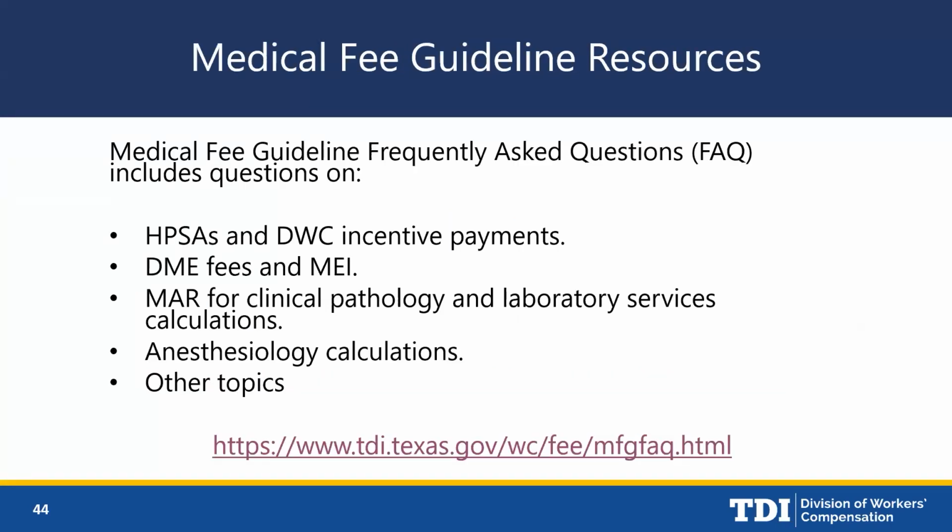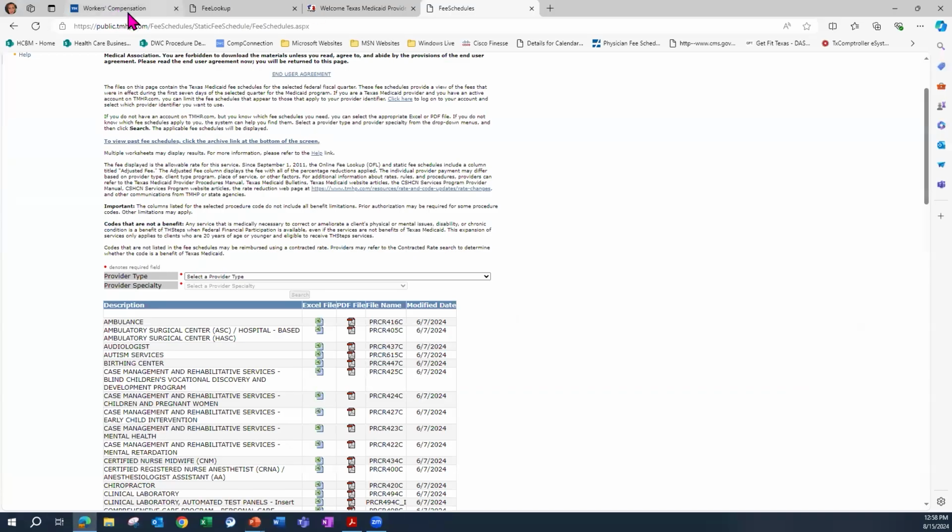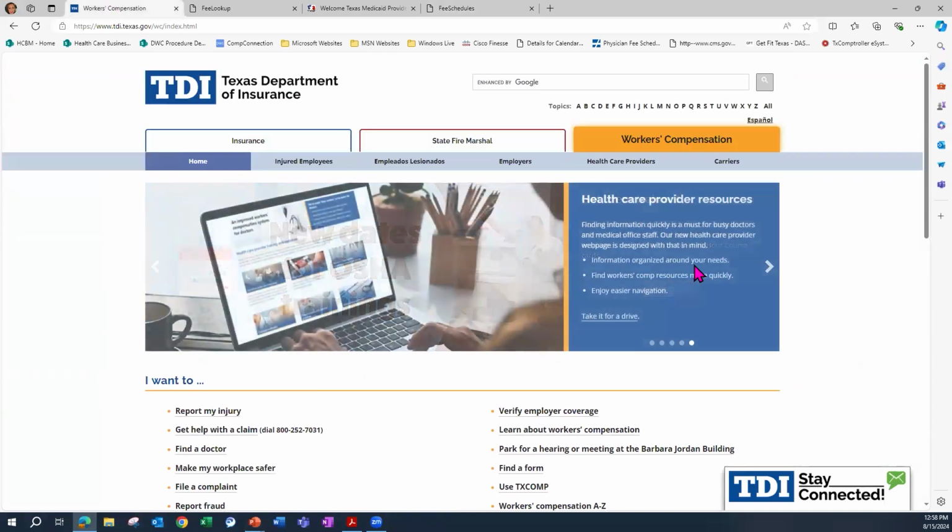Now, there are a lot of resources for the medical fee guideline. We have a set of frequently asked questions, and it talks about all kinds of things. And I'm going to get you over there right now. So here's our website. Now you have a wayfinding PDF interactive document that'll help you get to these places. But if you're just getting to